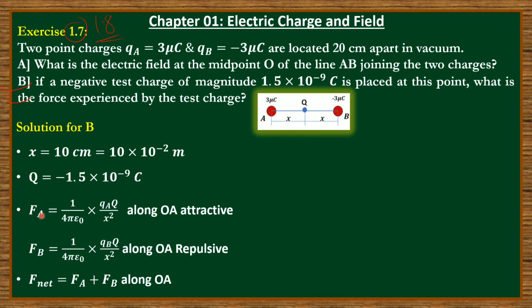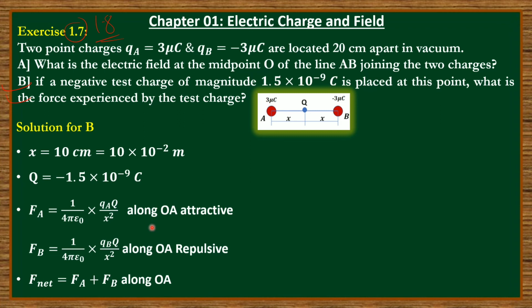So due to this FA, force due to charge at A, this is the positive charge, this is the negative charge. Now here test charge is negative. Okay, so force of attraction will be produced. The direction will be towards A. Okay, so this is the force. Magnitude is 1 upon 4 pi epsilon naught into Q1 Q2, that is QA into this charge divided by distance between them square. In the same way, this is the negative charge, this is the negative charge, repulsive force will be there. So direction will be this. So in both cases, the force acting on this charge is towards A. Both forces are acting towards A.